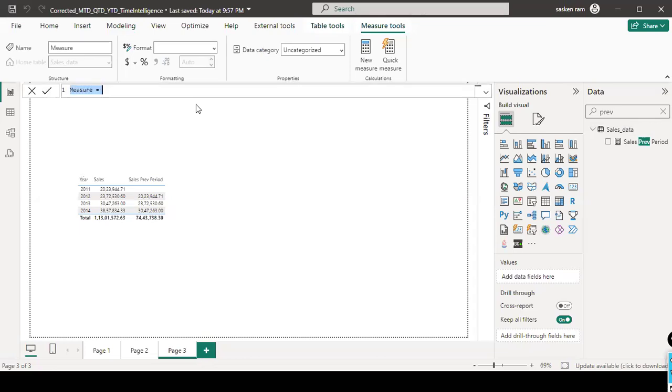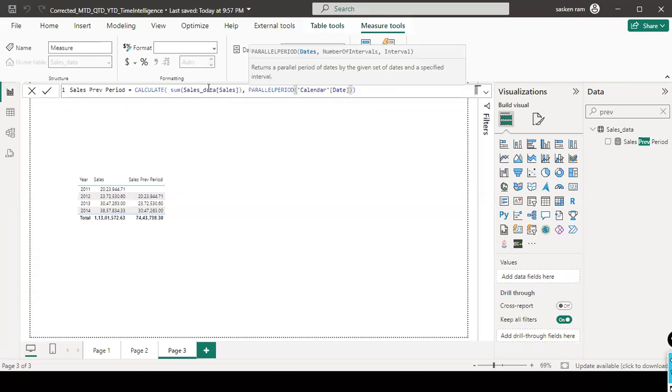We have something else called the PARALLELPERIOD function. I'll explain exactly what the parallel means here. Instead of this one, I'm going to say PARALLELPERIOD, and your date column. Okay, and along with that, I'm going to say the